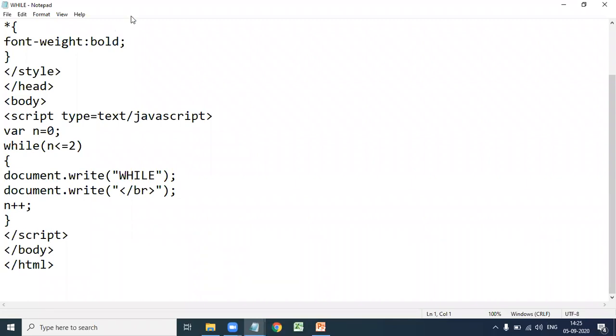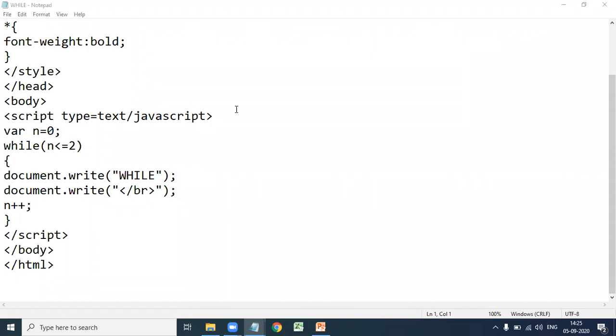So what is the output of this one? One of you respond in the chat box. What is the output for this program? These selection statements and loop statements, all these topics you learned in the C language. So what is the output for this one?